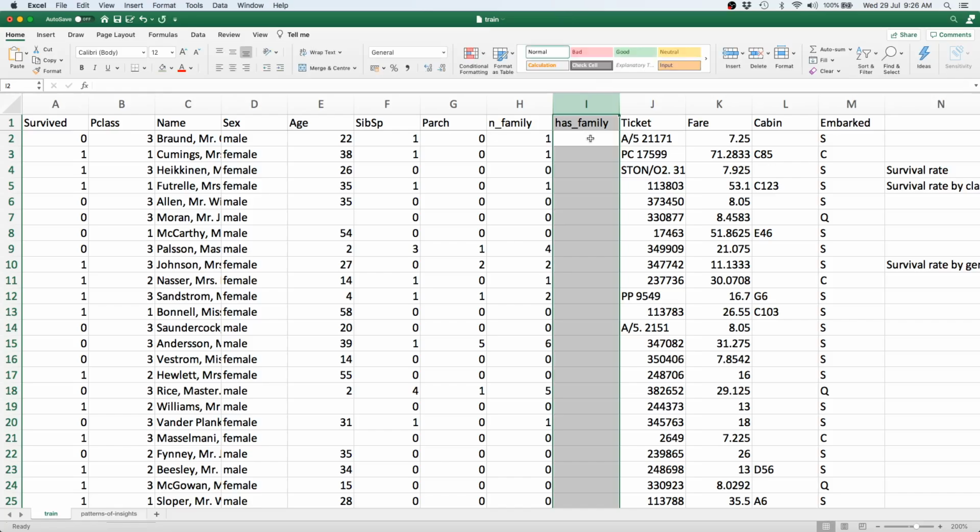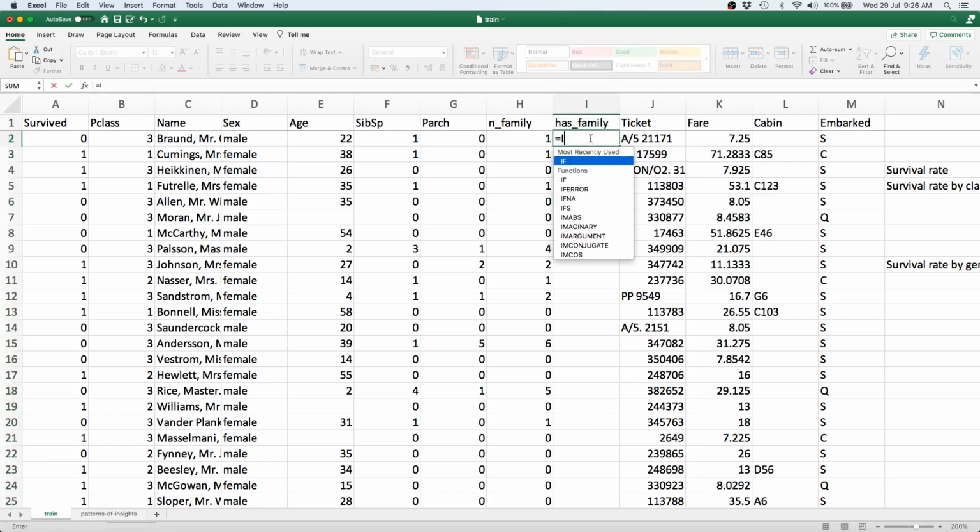And in order to populate this, again, we simply do an if operation. An if is basically a formula which takes in a particular condition, and if that condition is true, it picks one value, and if it is not true, it simply picks another value. So let's say that our condition is H2 greater than 0. If that is the case, we want to call it true, and if that is not the case, we want to call it false, and then we press enter.